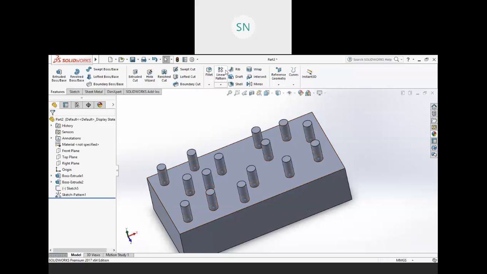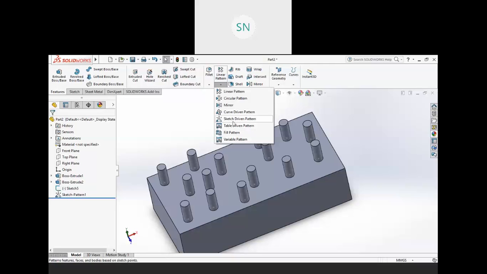Then next we have a table driven pattern, fill pattern, and variable pattern. So these are the patterns we have. So let us discuss table driven pattern. See, for the table pattern, you should have some knowledge regarding your coordinate system, right? X comma y comma z.